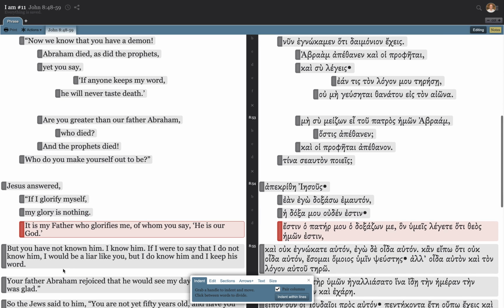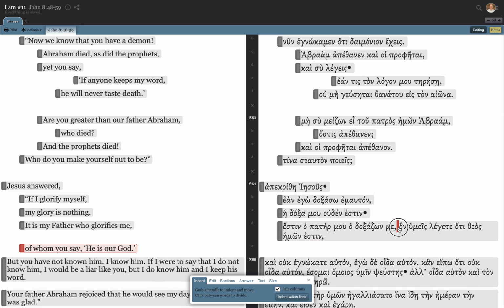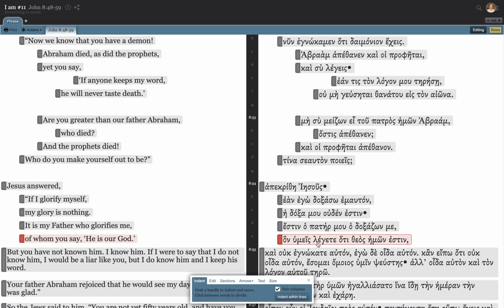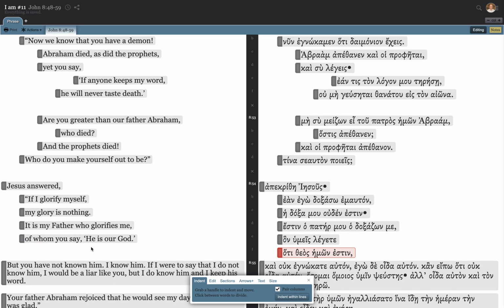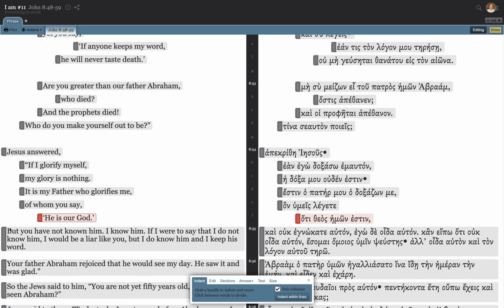It is my Father who glorifies me, of whom you say, he is our God. And this is a hoti, which tells you that that's direct speech. Okay,